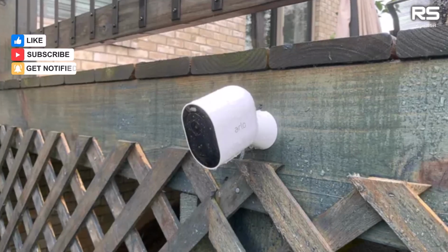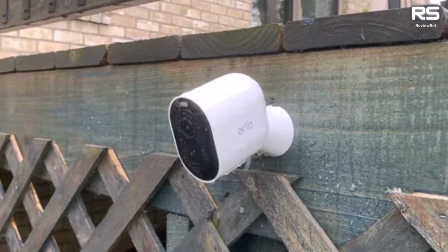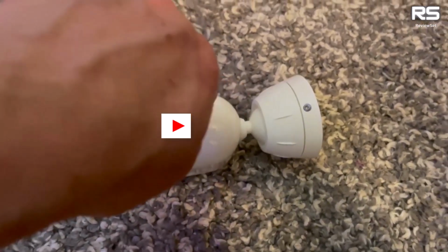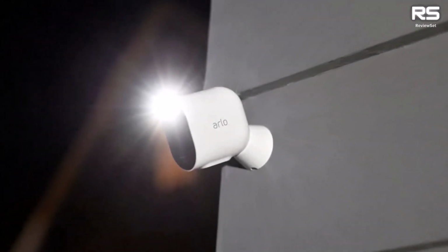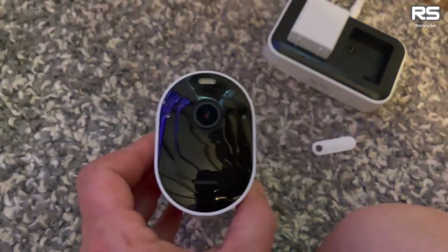Number 5. Arlo Pro 4, a 2K security camera with wire-free and wired options. The Arlo Pro 4 is a 2K security camera that offers both wire-free and wired options. It is a great option for homeowners looking for a versatile security camera that can be adapted to their needs. The Pro 4 produces clear and detailed images in both daylight and low-light conditions. It also features color night vision, which allows you to see clear images in the dark without relying on infrared